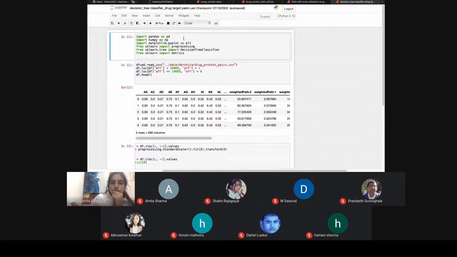This is a decision tree that I have built out of it. But before that, since we are applying a classification model here, we are replacing all the affinity scores whose value is less than 10,000 with 1, and all the values greater than or equal to 10,000 are treated as 0. This has been done in most of the research papers. Affinity scores less than 10,000 indicate an interaction between the drug and the target, and if it is greater than or equal to 10,000, there's a lesser probability of an interaction, so they can be treated as 0.